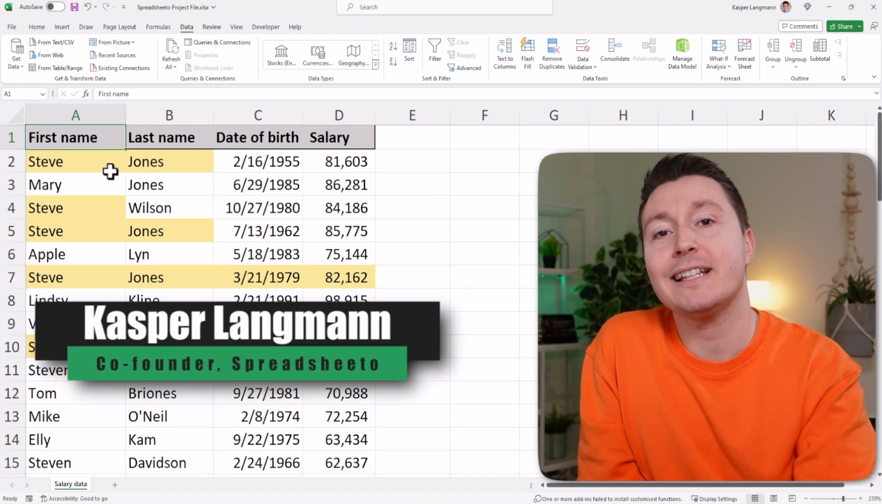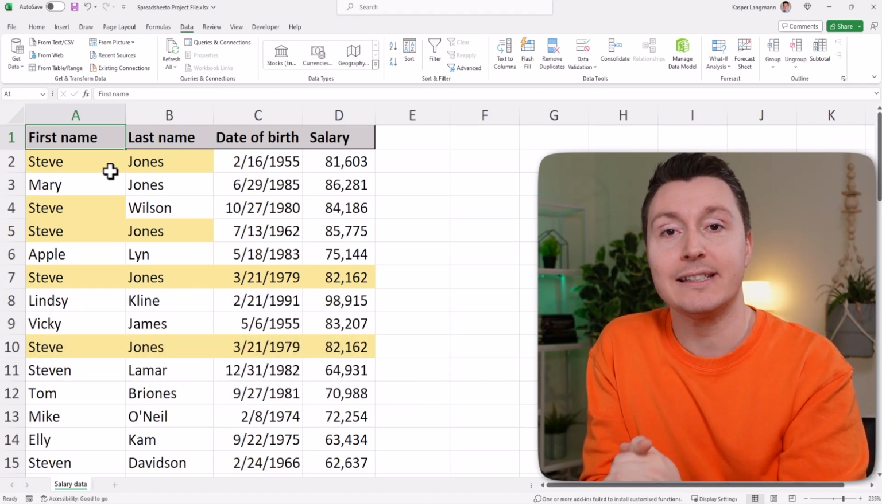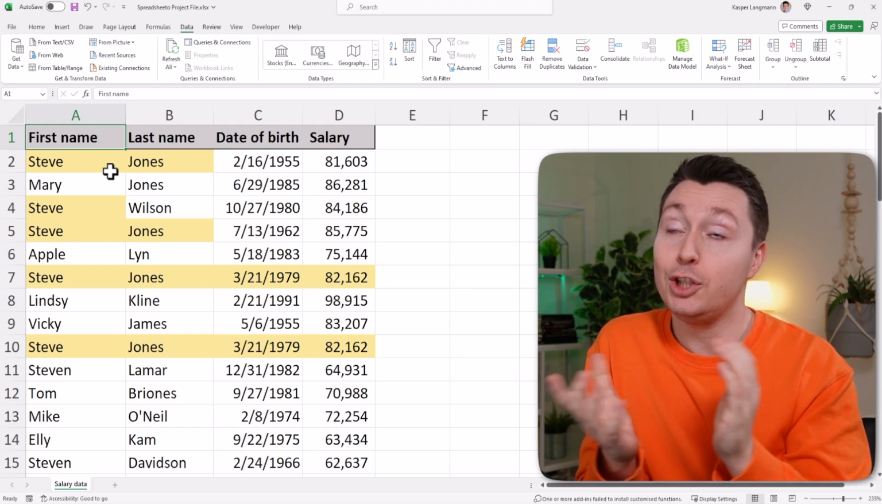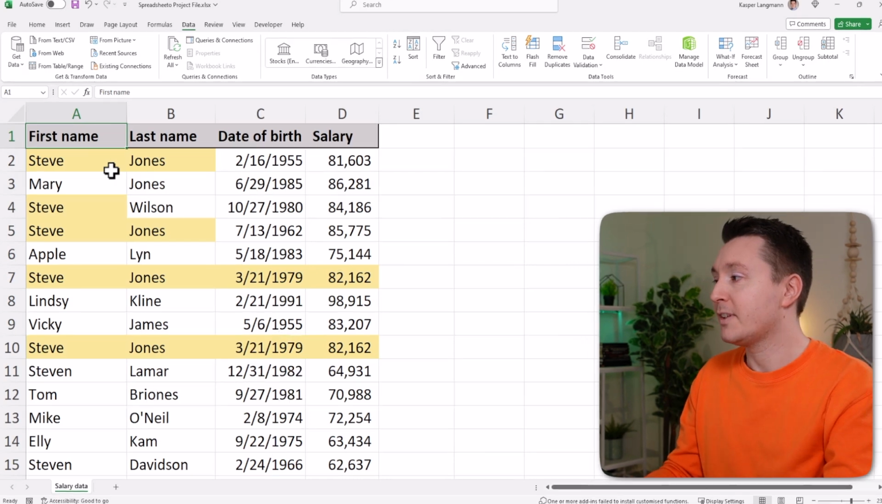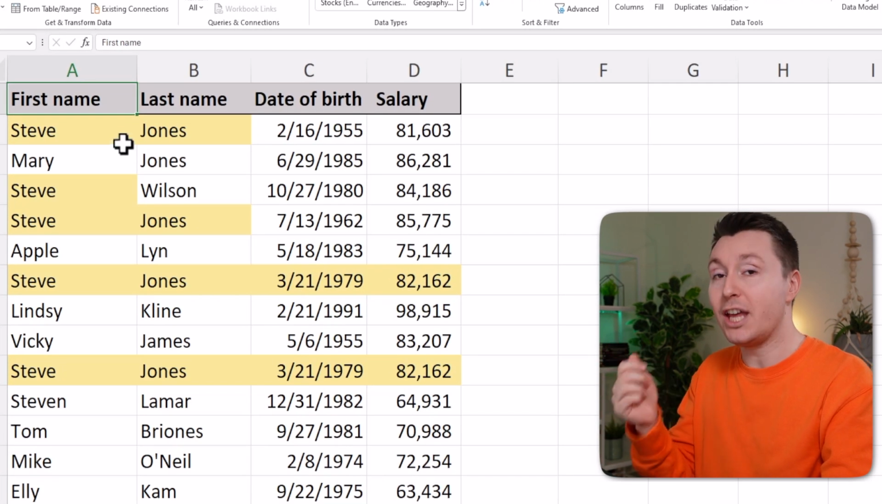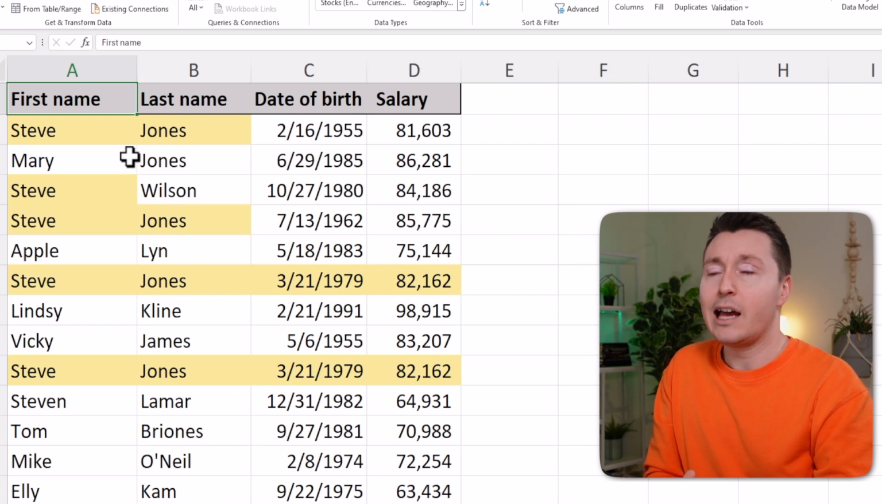Let's remove duplicates in Excel. First with the most common way of removing duplicates, and then with a rather unique way of removing duplicates automatically. Let's go. So I've highlighted the potential duplicates in this dataset, and what I mean by potential I will explain